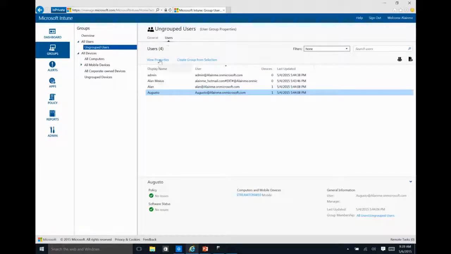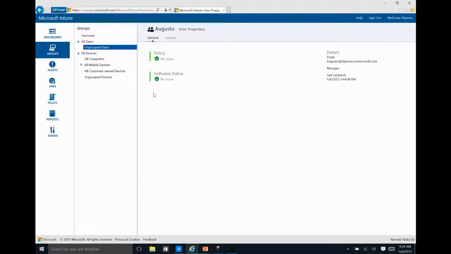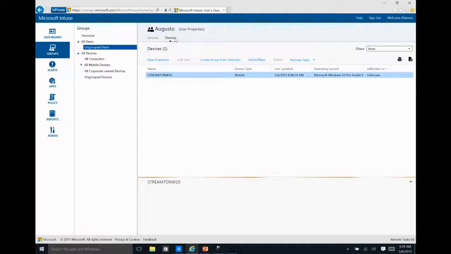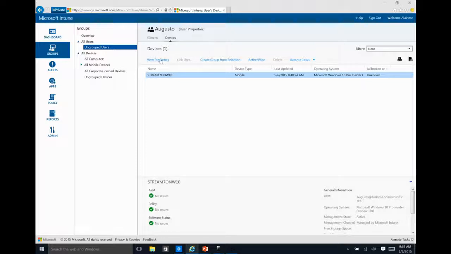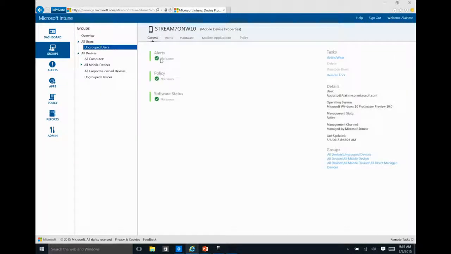I have Augusto here as a user. He's a managed user. He has a device, the same device. It was registered in AD. It's still the Surface 7, and I can see the properties of the device here in more detail because